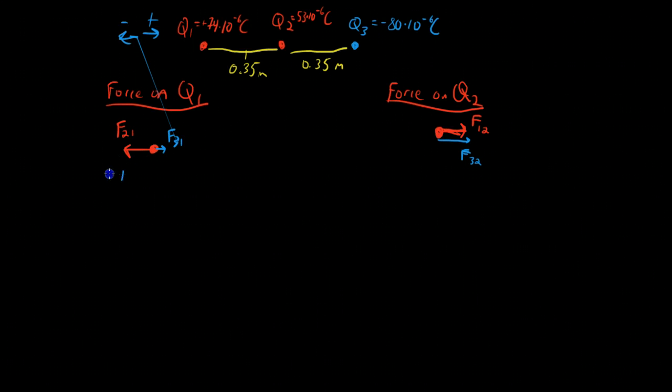So I'm going to have the sum of forces on Q1 equals the electrostatic force from 2 on 1 plus the electrostatic force from 3 on 1. And a lot of this will be similar. I'm actually going to call this R, and this will be R as well. And that's going to allow me to make it algebraically a little bit simpler. So I'm going to have now K Q1 Q2 over R squared times R hat, which in this case is just -1, which makes everything work out nicely,